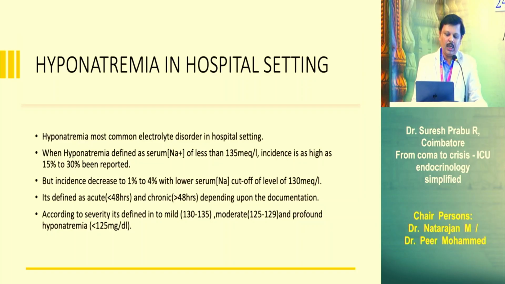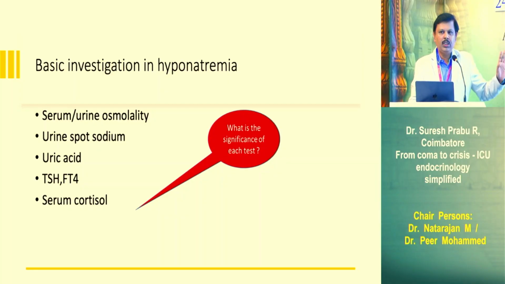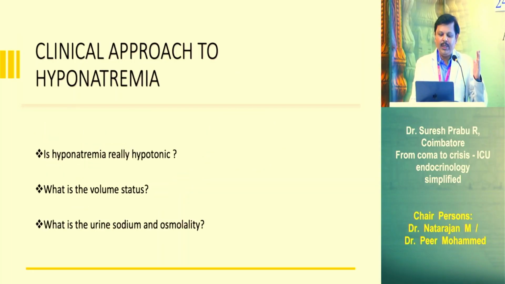It can be defined as acute or chronic, or as mild, moderate, or severe, depending upon the level of sodium. The 3 important steps of investigating hyponatremia are to first do urine and serum osmolality, check urine spot sodium and uric acid, and then do thyroid and cortisol. This will give a clue whether the patient has real hyponatremia or pseudo-hyponatremia, what the volume status is, and the urine osmolality and urine sodium will give the reason for